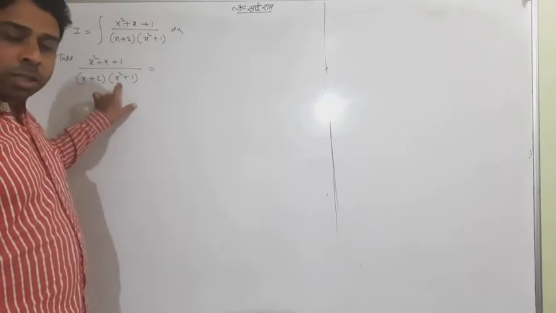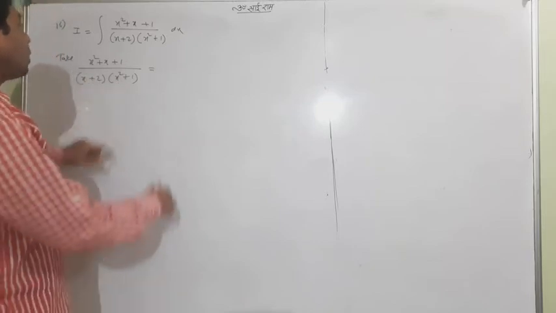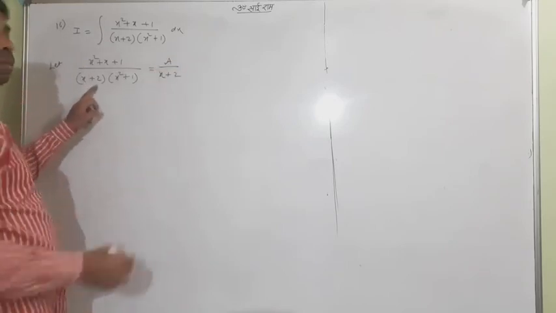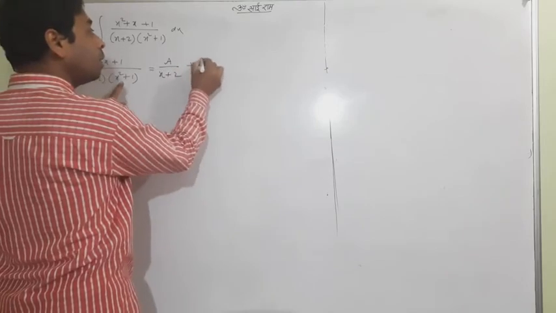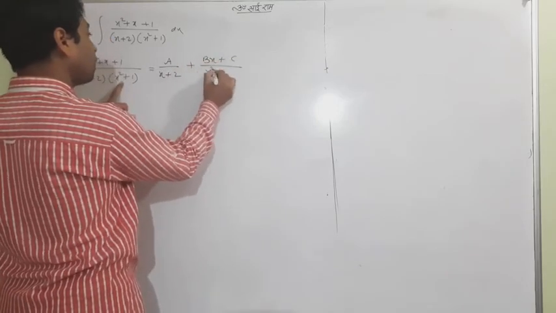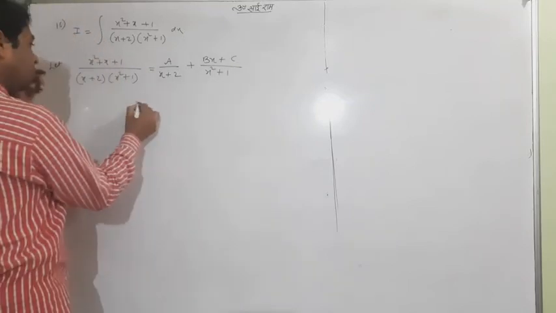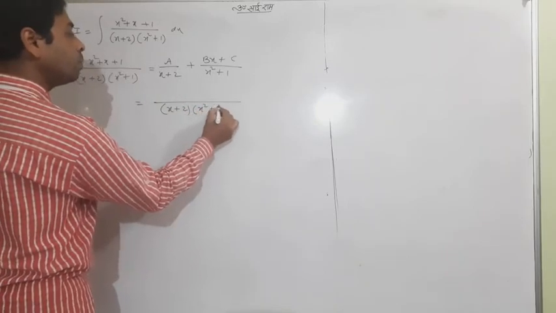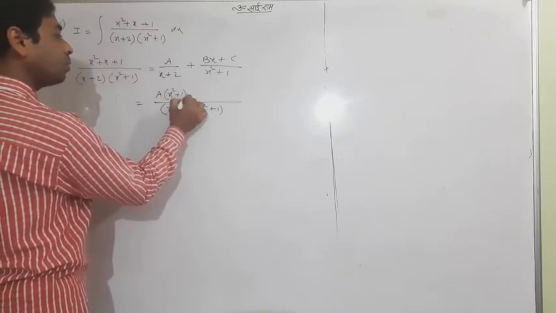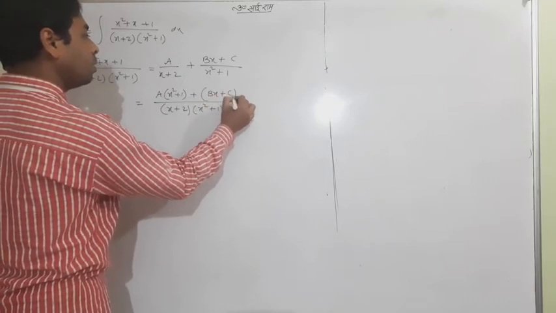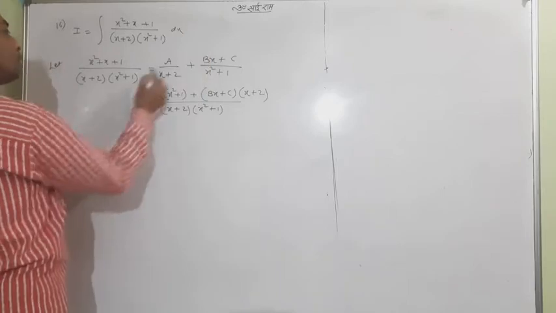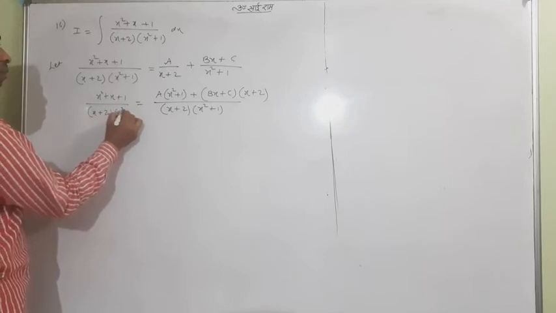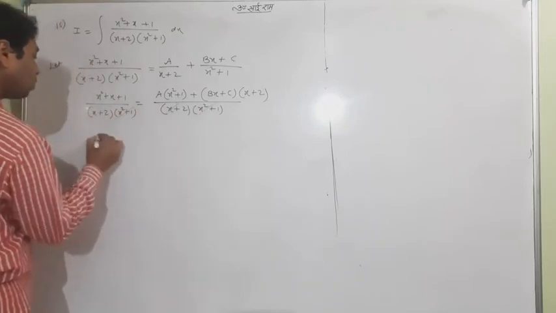And we have factors in the denominator. So this is linear, it is quadratic. So we'll write: let A upon (x + 2), which is type 1, but this is type 3, so I'll write (Bx + C) upon (x² + 1). So this is the thing. Now after taking LCM, as usual, the same will come. Along with A it is coming, and it's very simple, these two multiply. The interesting thing is coming now: look at, these two will cancel, so you are having only this.